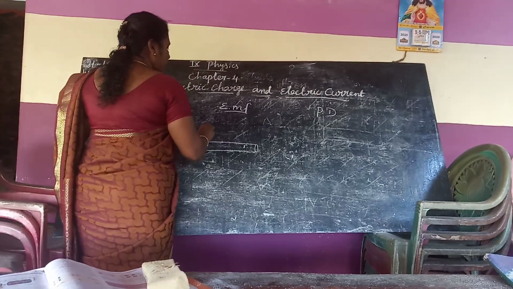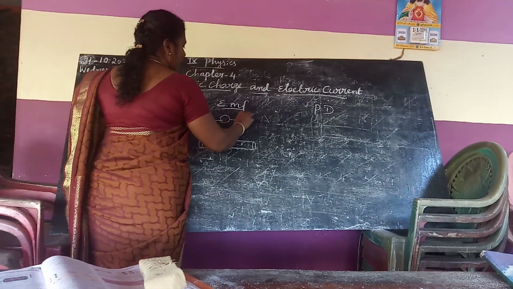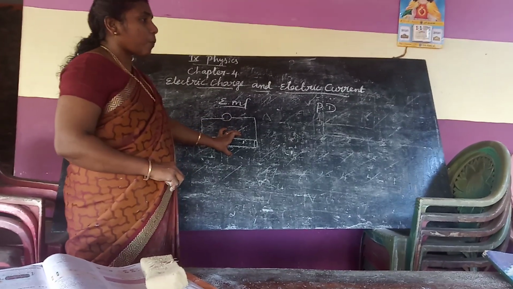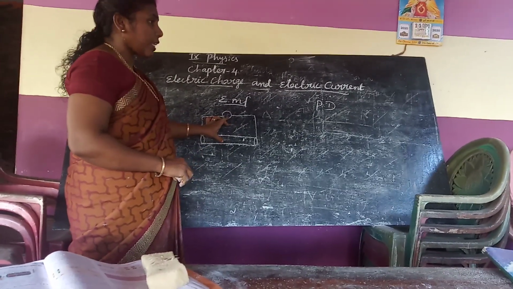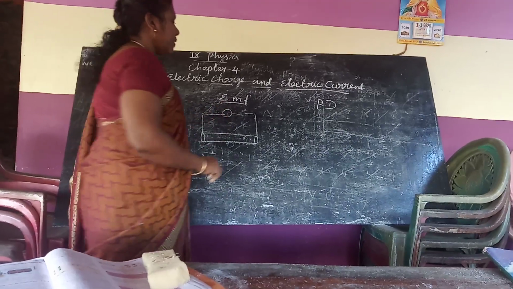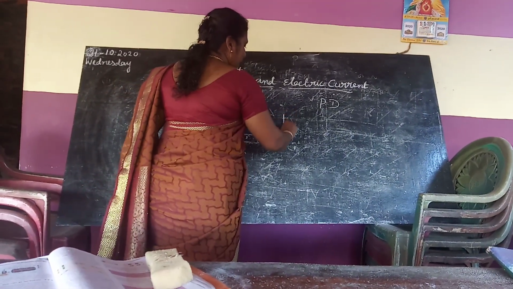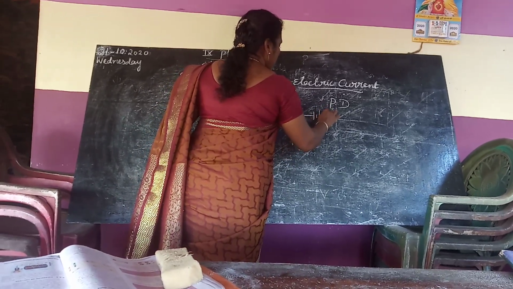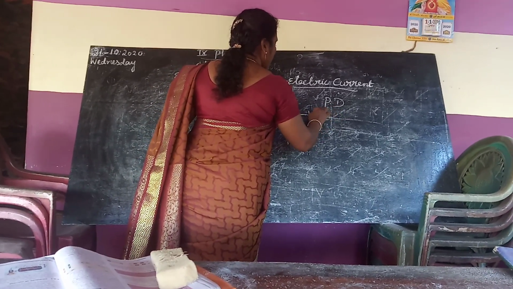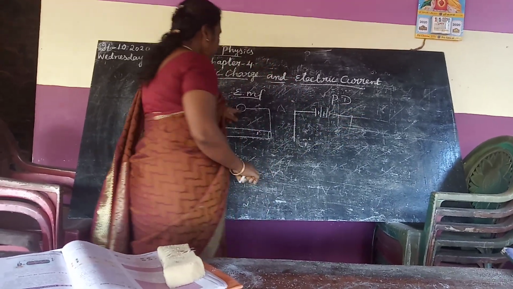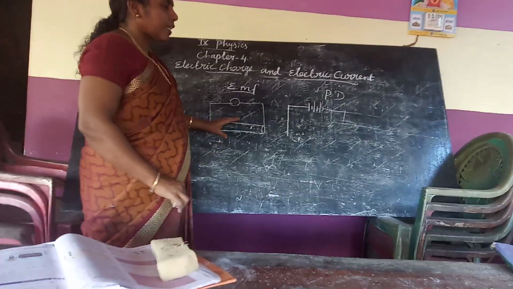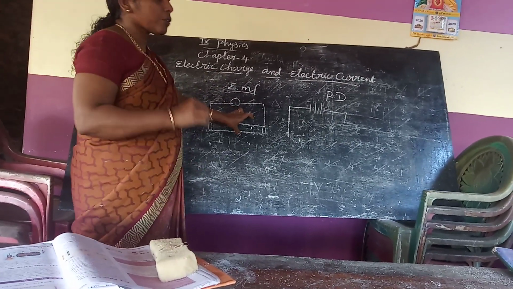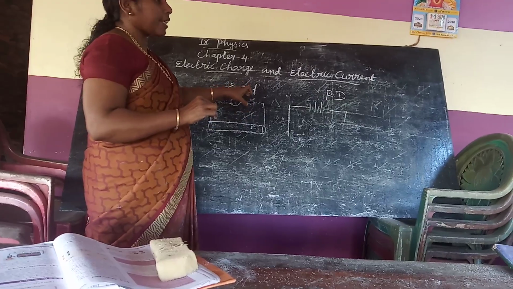Then, by using the pump, this water will pass through. Like this only in electric current also, suppose here a battery. The battery we are using like the pump. Here some force is there that wants to push the water from one side to another side. That force we say is the electromotive force.